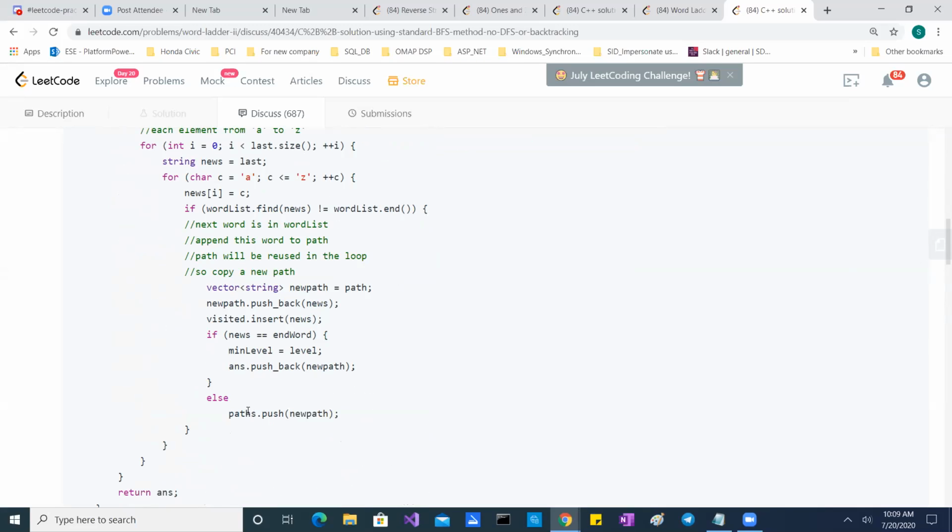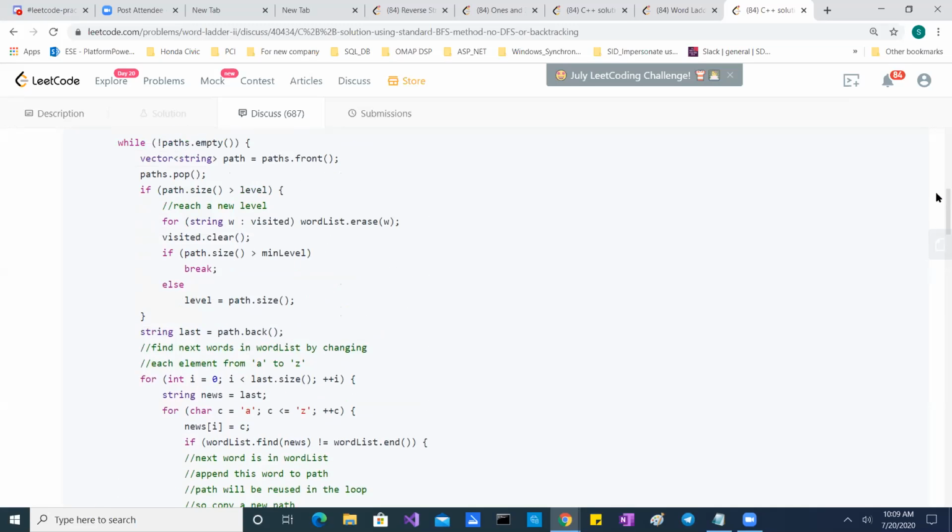Whenever you are in the BFS traversing, he pushes that in that queue. Whatever he has accumulated till now, that he is pushing, and at the end, he is pushing it here. So this path, what he is doing is starting for each level. He's starting a different path every time.